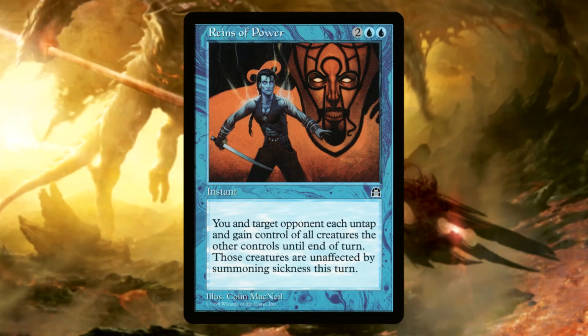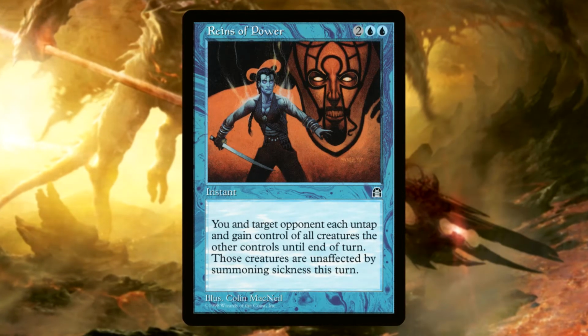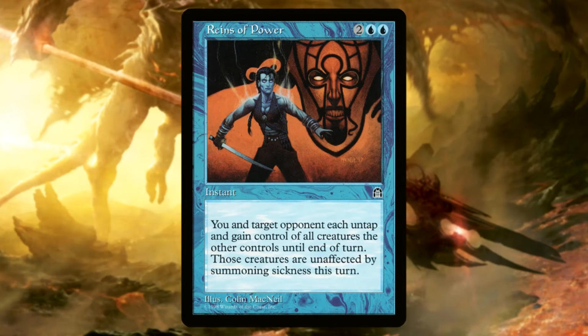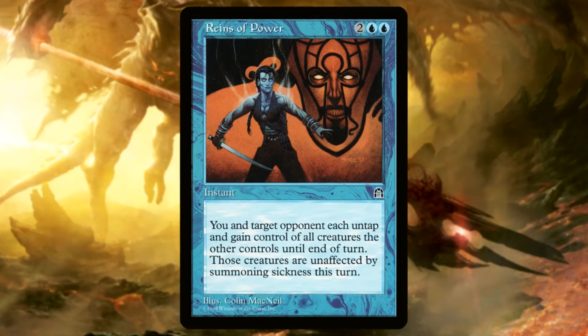Reigns of Power. This is another instant for 2 blue. Untap all creatures you control and all creatures target opponent controls. You and that opponent each gain control of all creatures the other controls until the end of turn. Those creatures gain haste until the end of turn. So if we have a sack outlet on the board, we can gain control of all of our opponent's stuff,